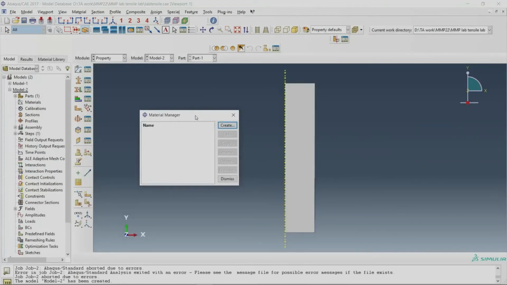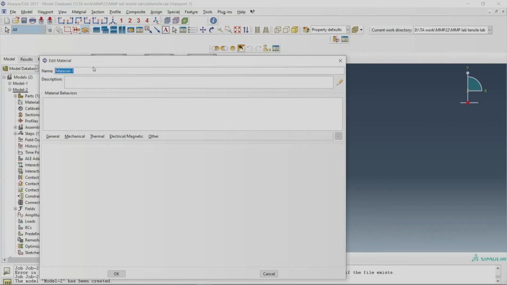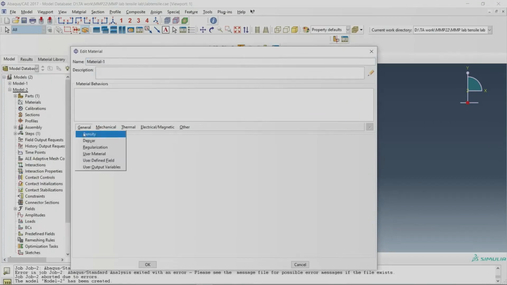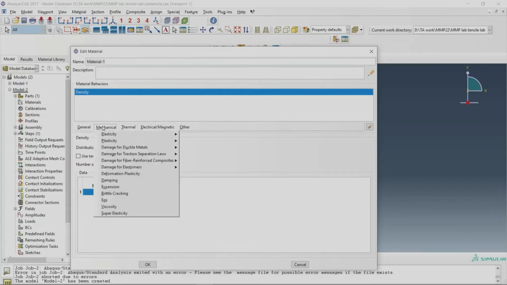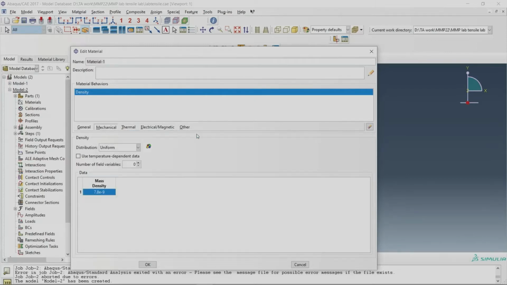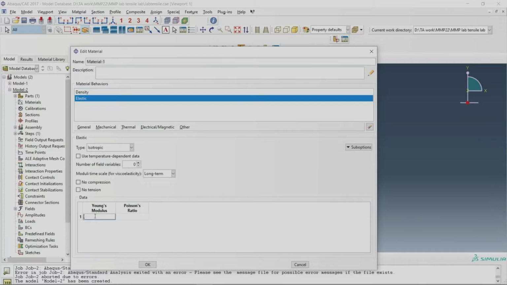So what is in the material manager? We are going to create a material. First give the density. Abaqus works without any units, so units must be homogeneous. You can find out what homogeneous means on the internet if you search.